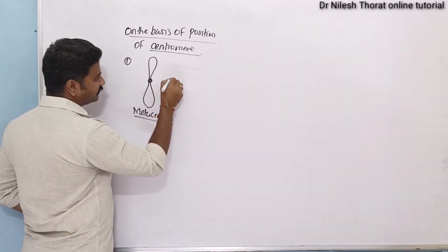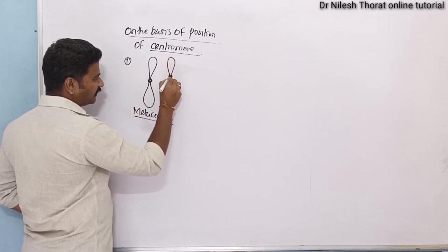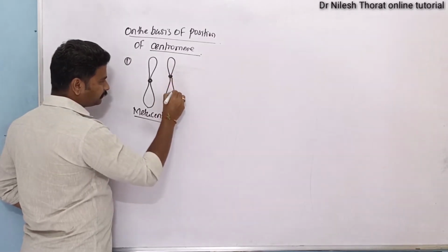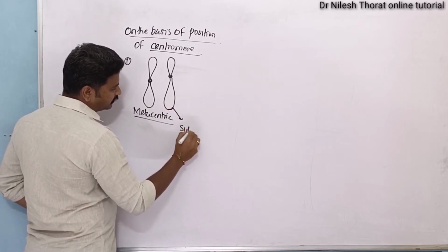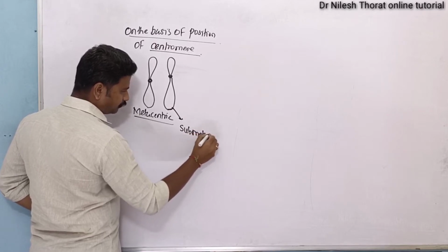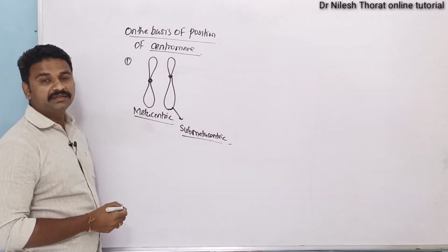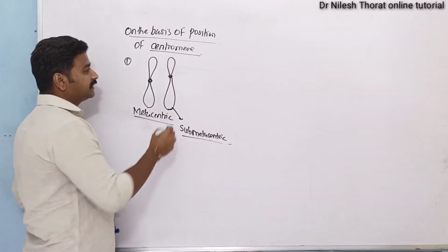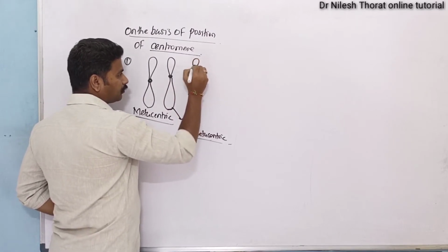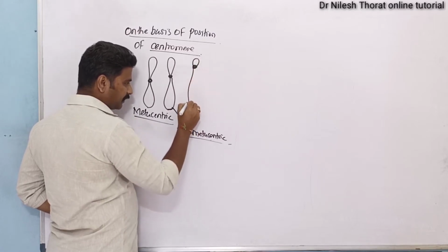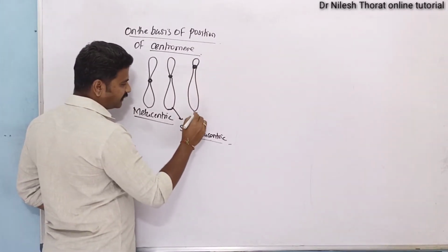Now the centromere is slightly shifted upward, so it will produce one arm slightly shorter and the other arm slightly longer. Such a type of chromosome is called a submetacentric chromosome. Now again, if the centromere is shifted further so that it will produce one arm shorter and one arm of longer size, then such a type of chromosome is called as